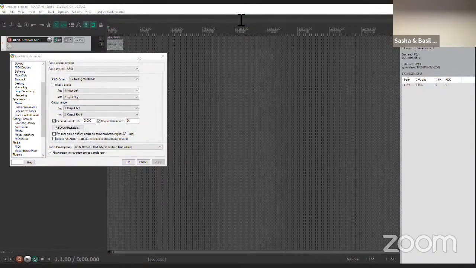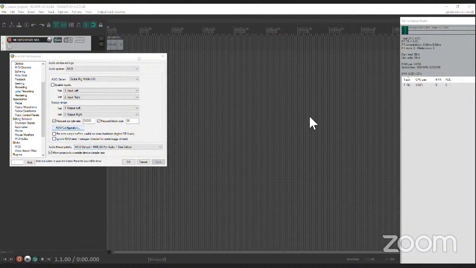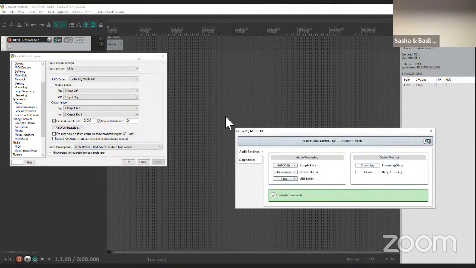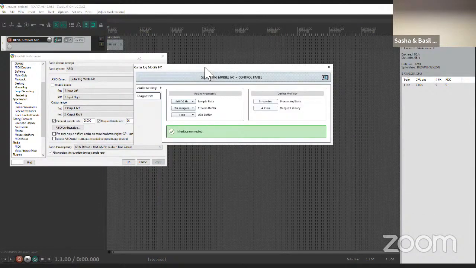All right. So may I ask Basil to stream the client side window, which is Reaper. Can you see this? Yep, great. Here you can see the ASIO, Guitar Rig Mobile at 96 kilohertz, 96 samples, 1 millisecond buffer latency.